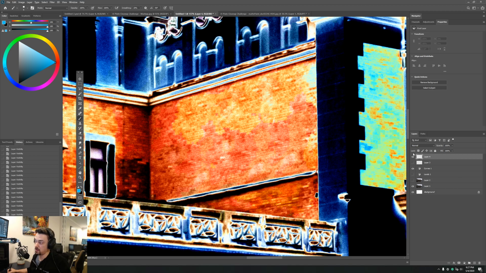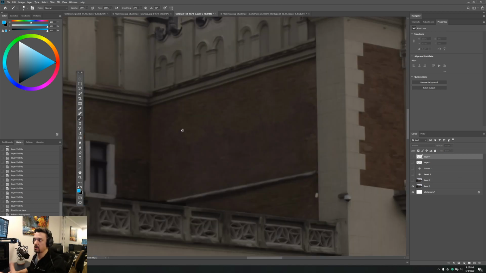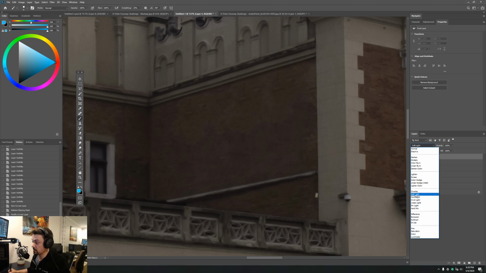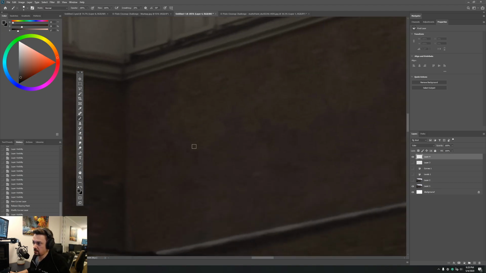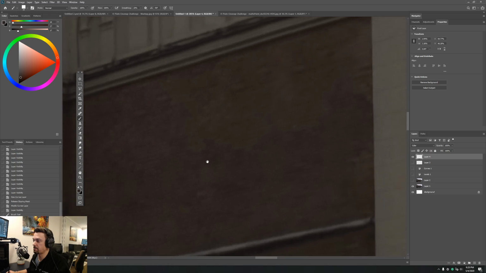Now, to be fair, you don't necessarily have to crank the curves like that, but I can definitely see that through here we've got some splotches that are sort of continuing across in a consistent way. So to fix that, what I'd recommend doing is set a layer to color. Where's color? Down here. And then sample the color that you want to just change it to. And then if you paint in there like this, and I'm going to be a bit more rough and a bit more broad stroke than you should be, but